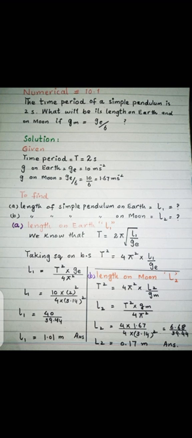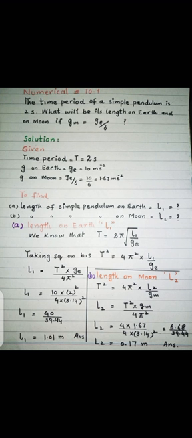From the statement we choose the given and to find. First of all, in the statement 3 things are given. Number 1, the time period of simple pendulum, denoted by T, equals 2 seconds. Gravity on earth, GE, equals 10 meter per second square. Gravity on moon is equal to the gravity on earth by 6, so it is 10 by 6, which is equal to 1.67 meter per second square.